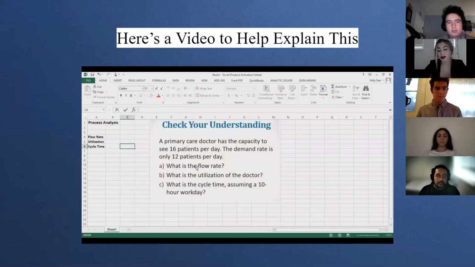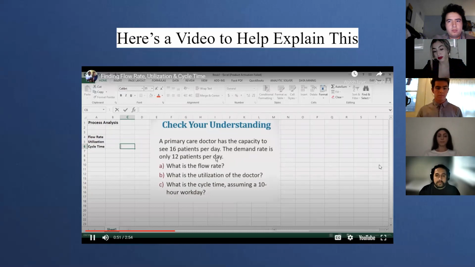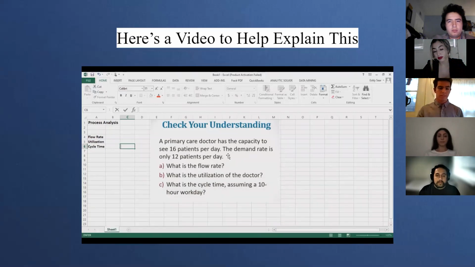The first thing we're going to look for is the flow rate. We know that the flow rate is the rate at which customers go through the process. With the information we're given, we're only given the capacity and demand rate. The capacity is 60 patients per day. Demand rate, 12 per day. So with the information we're given, the minimum of